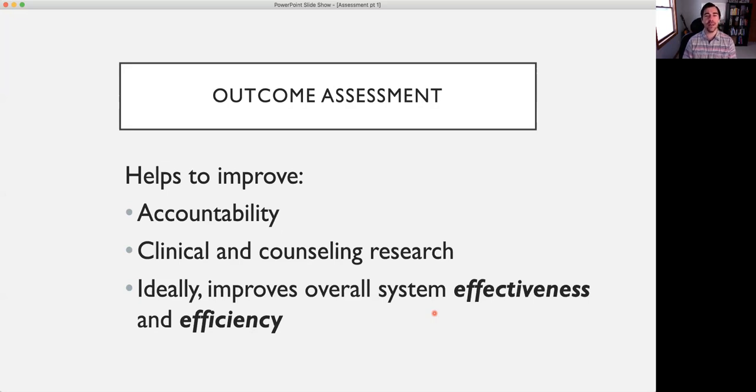There's also the other side of it where if you're paying for it, or if you have a family member who's paying for it, in terms of your services, you don't want to say, no, this isn't working. You want to believe that it's working, right? And so again, that way of asking whether things are getting better is problematic. It's not as effective as it could be. So outcome assessment is something that is more routine, more standardized, more systematic, and by doing those things, it helps us to improve accountability, meaning that a therapist should hopefully be able to show that what they're doing is helping their clients, helping their patients.